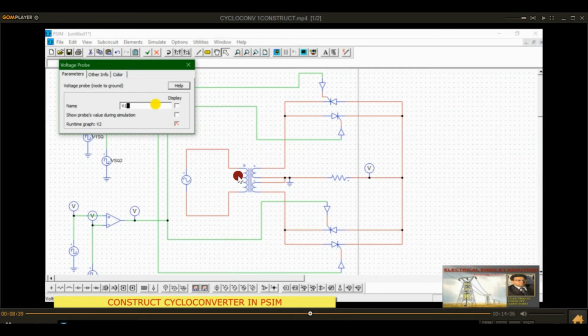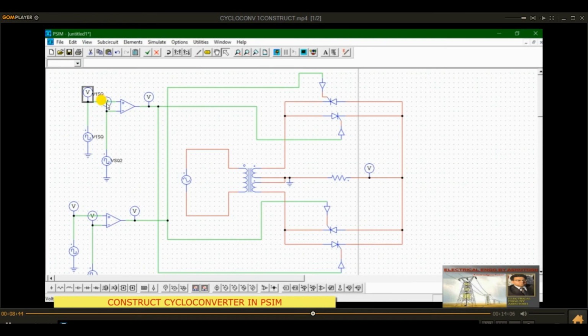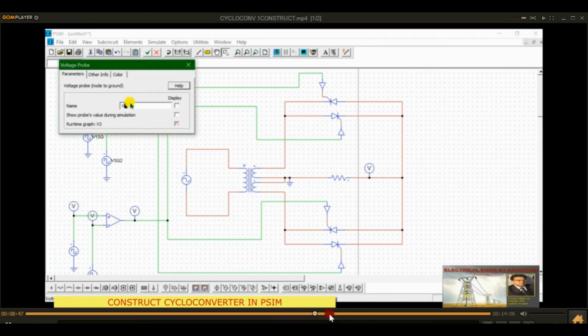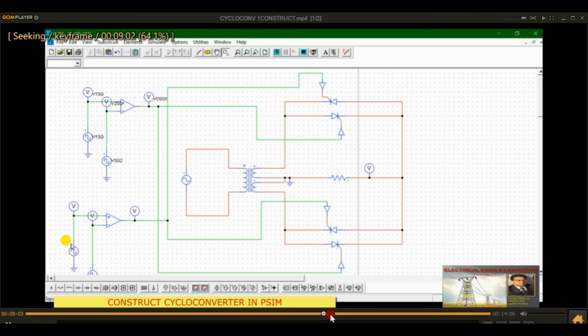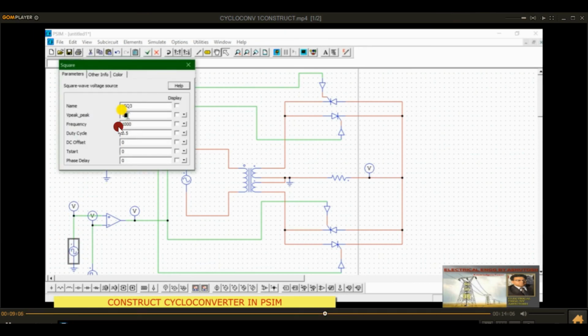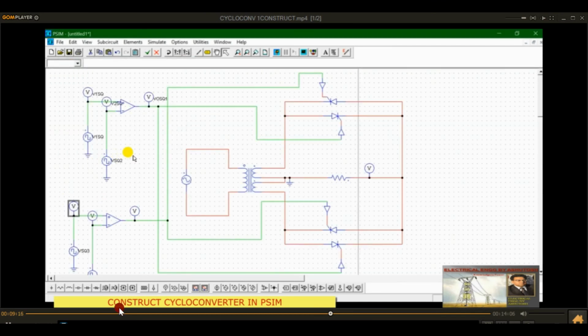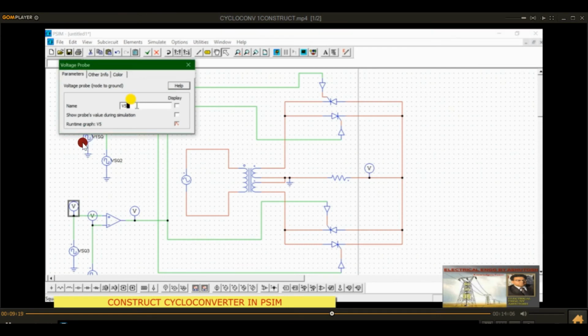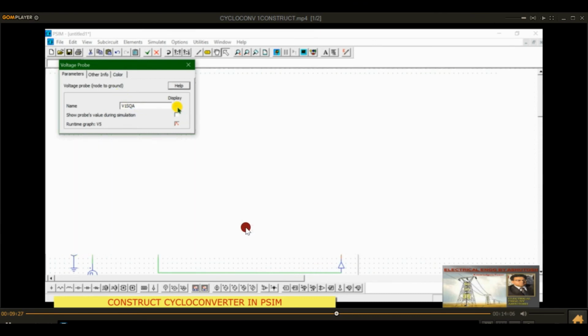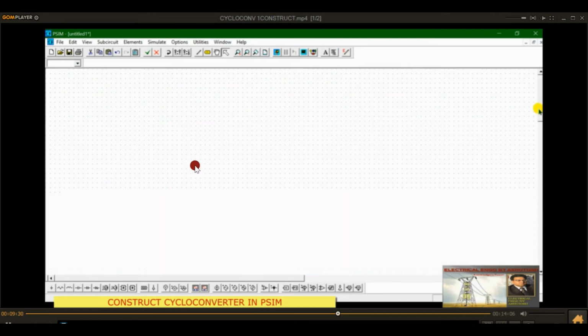Then rename it. You can rename it, and then see for the one down below. And then the left one. Okay, here also the same. I think it will be the same. 100 hertz for the left one and 25 hertz for the right one. Okay, left one will have 100 hertz frequency and for the right one we will select 25 hertz, and the AC frequency is 50 hertz.